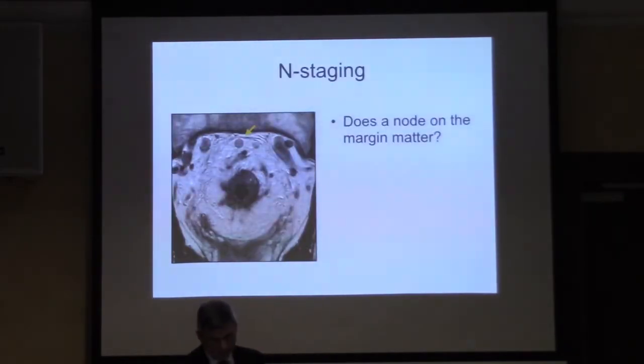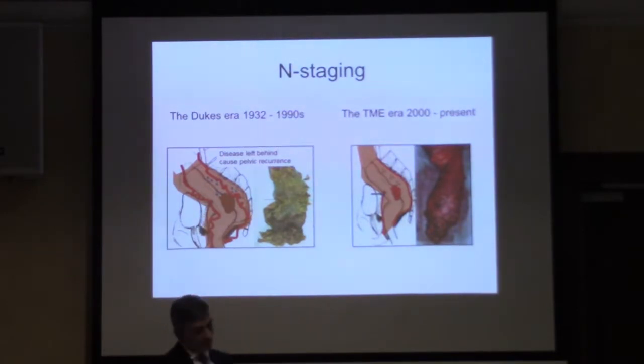So, is there anything else about the nodes that we need to take into account? Well, what about where it is? We talked about the anatomical distribution, but what about its relationship to the mesorectal fascia or the circumferential margin? Does it matter? Well, there are those that would argue that it doesn't,